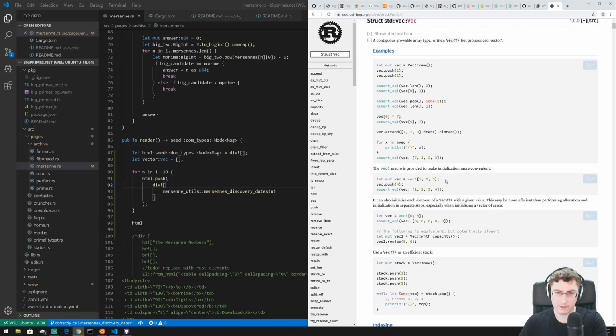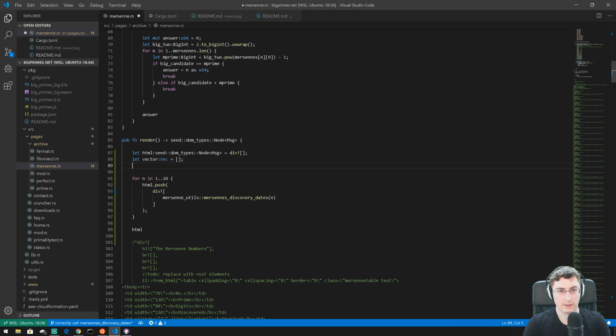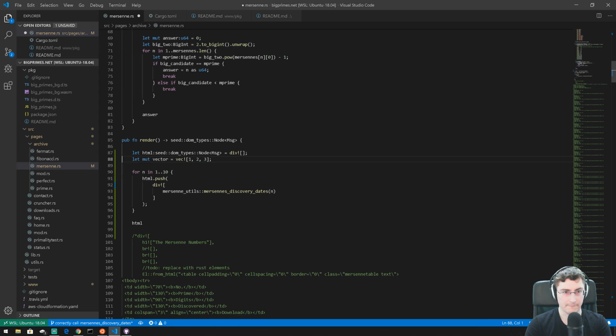Okay, they haven't troubled themselves with specifying a type. So I'm going to borrow their example. Get rid of that. So what mut does is it makes the variable